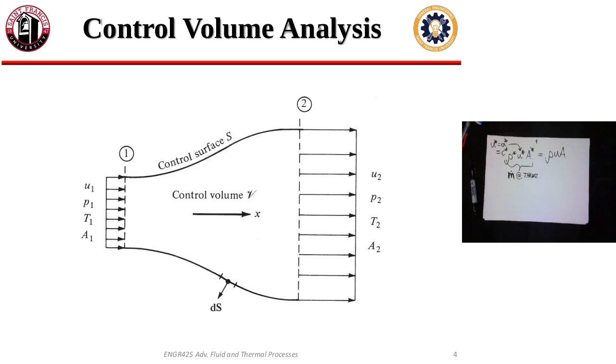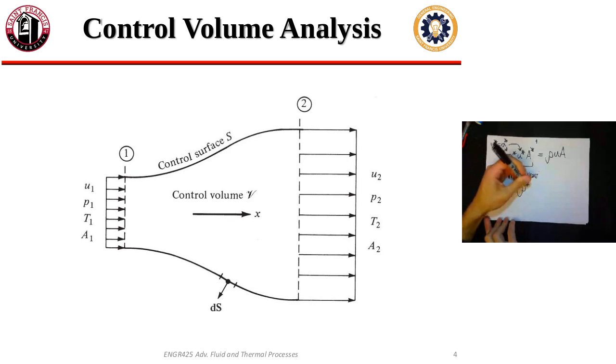So we know, not from our isentropic relations but from the math we did last time, that A over A star,